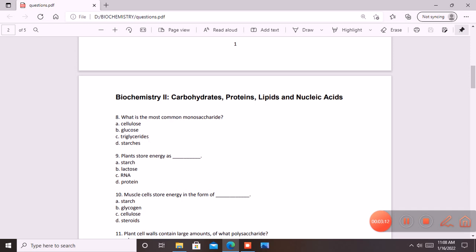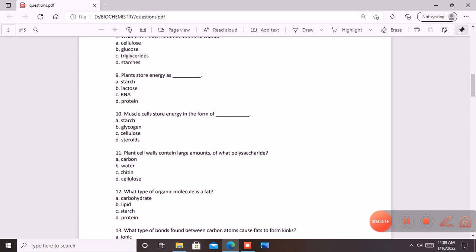Plants store energy as starch. Starch is the form in which plants store energy. So question 9 is A. Question 10, muscle cells store energy in the form of,